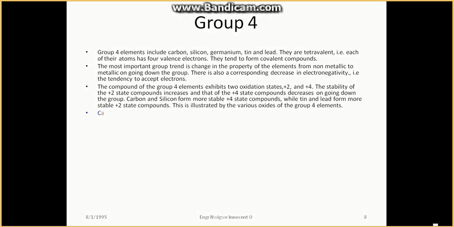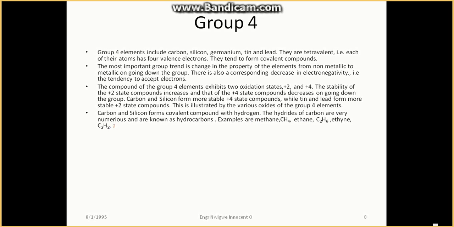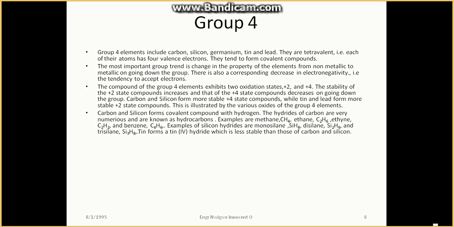Carbon and silicon form covalent compounds with hydrogen. The hydrides of carbon are very numerous and are known as hydrocarbons. Examples are methane CH4, ethane C2H6, ethyne C2H2, benzene C6H6. Examples of silicon hydrides are monosilane SiH4,